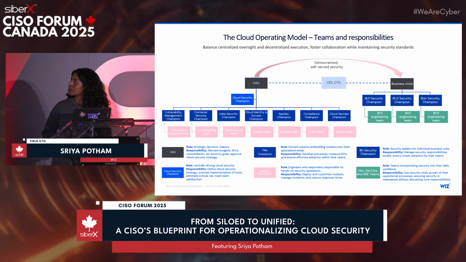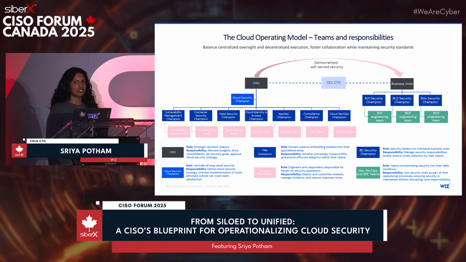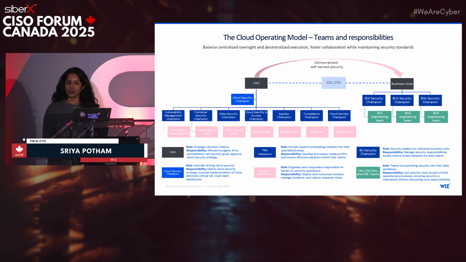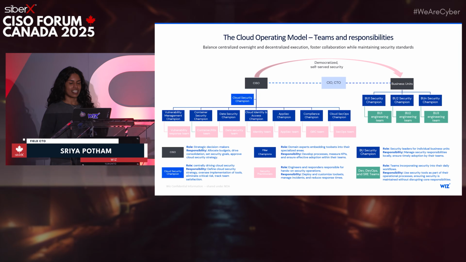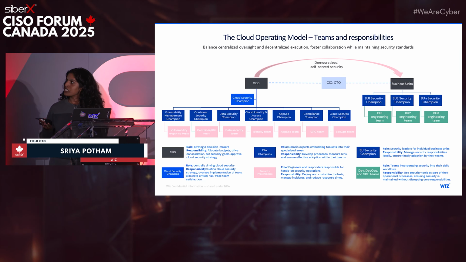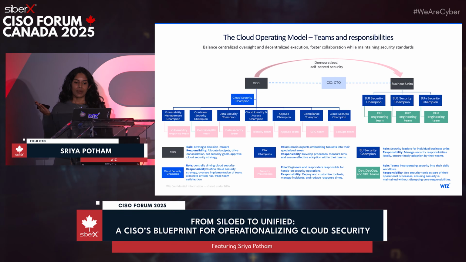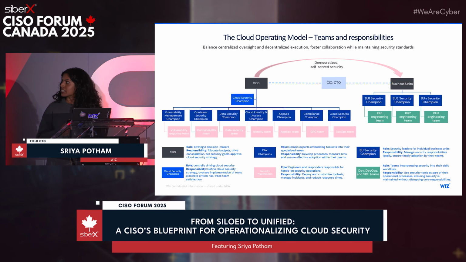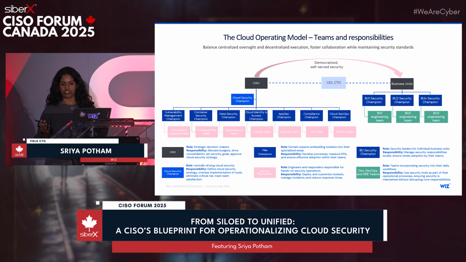While technology forms the backbone of this horizontal security model, it's the people and the process that truly bring it to life and enable this transformation. And let's talk about the tool, the teams and the roles that are needed in order to evolve into this unified approach. In this, I'm proposing a new cloud operating model, but you'll see it's quite similar to what your organizations may be using today. At the top, you have the CISO, who sets the strategic direction, allocating budgets, driving consolidation, and approving the overall cloud security and organizational strategy.